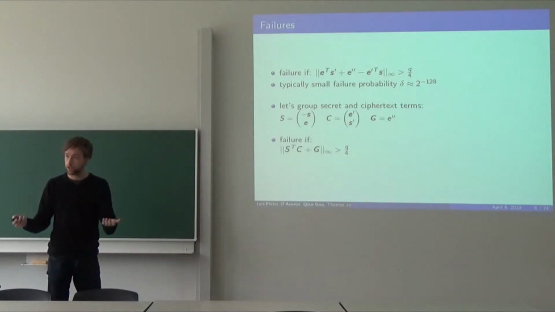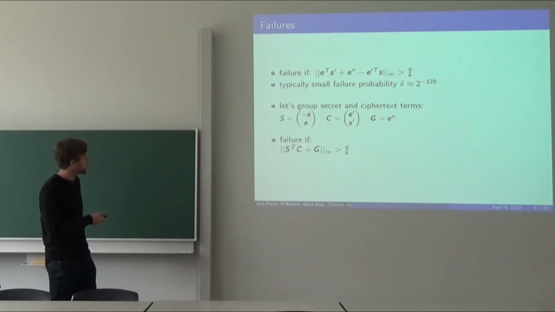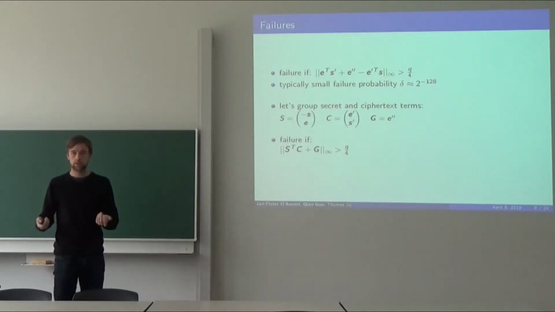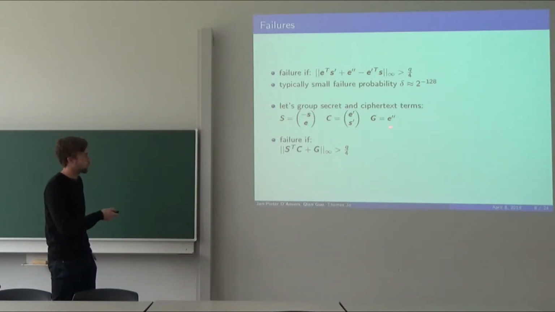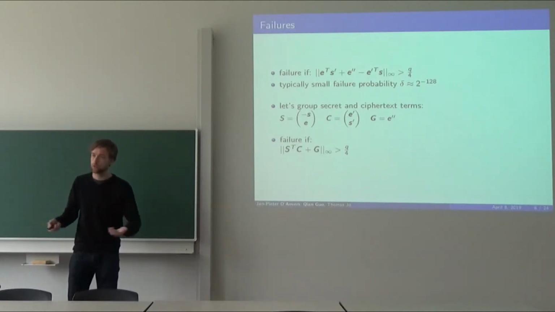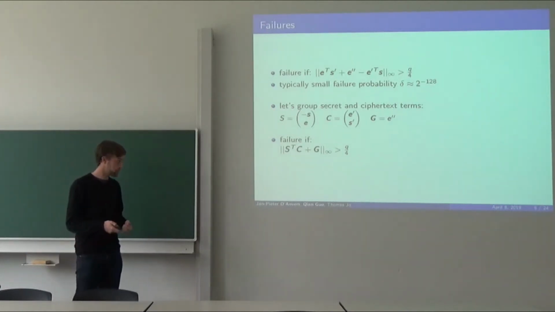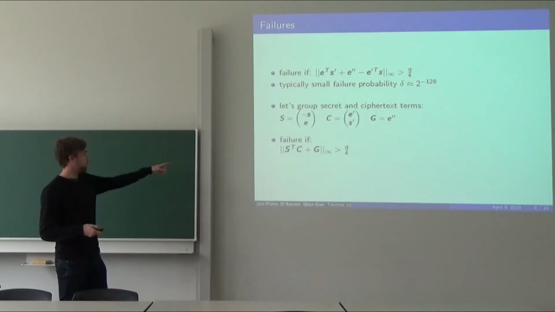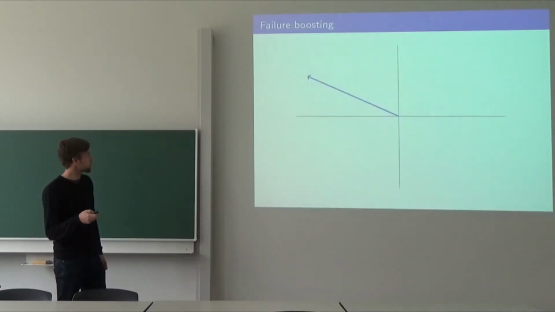Also in the paper it is worked out with G, but you can see that S times C is a multiplication of all these terms. You can reason that it's going to be bigger than this G, which is only one error. But again, if you want to know the details, please read the paper. So, we have S times C in absolute value bigger than Q divided by 4.